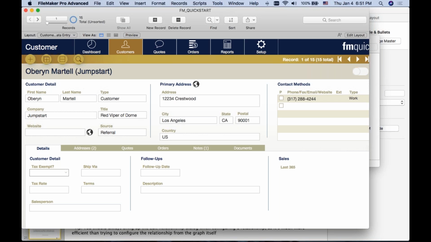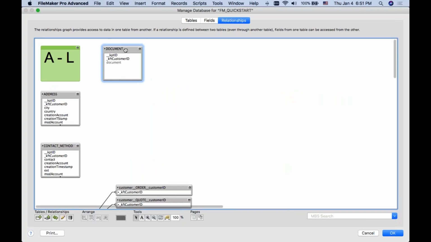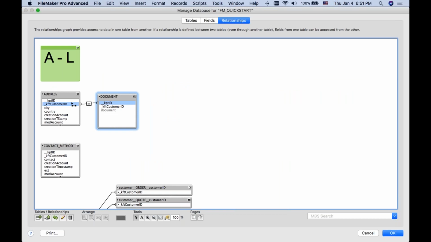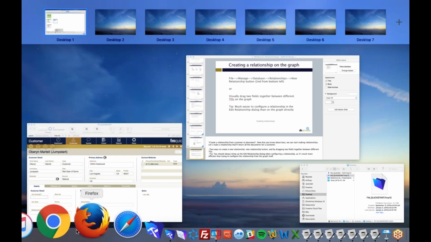FileMaker drops that table right on the graph, so you just drag it down to where you want it. And now you have made the base table one of the